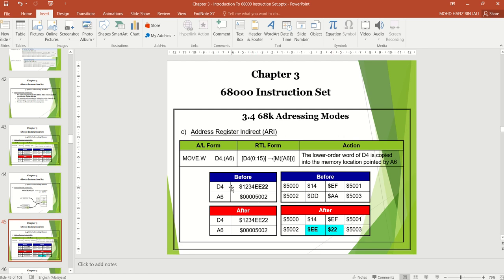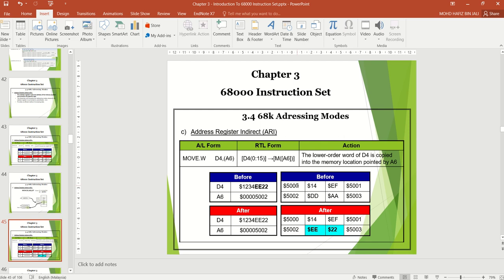Before execution, D4 is 1234 EE22, and the A6 content is memory address 005002. At address location 5002, it has DD.